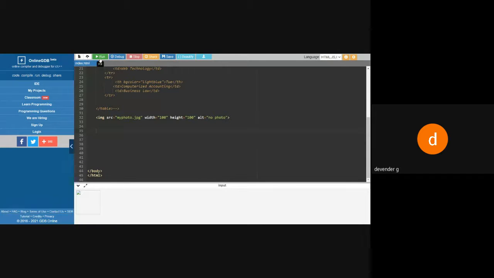But here for run, it says that you have to run this. It says debug, stop, share, save, beautify. When I put my mouse on this, it gives me a hint: if my mouse is not going to work, if you press F9, you can run it. If you press F8, you can debug it. If you want to share, you can use some shortcut. If you want to save, you can press Control S. If you want to beautify, you press Control B. If you click on this, you can download the code. So it is giving me some hint.